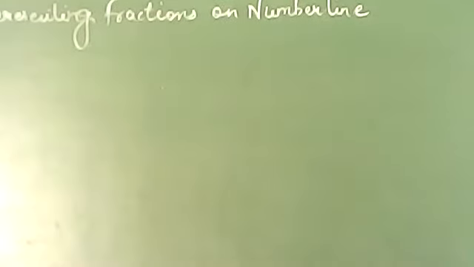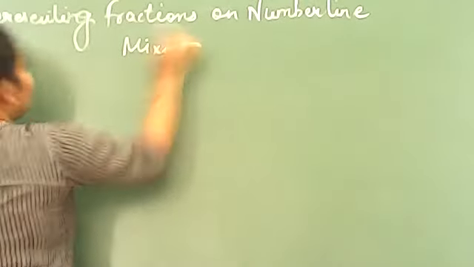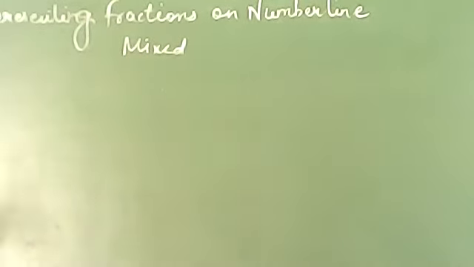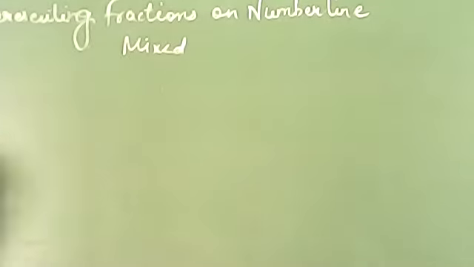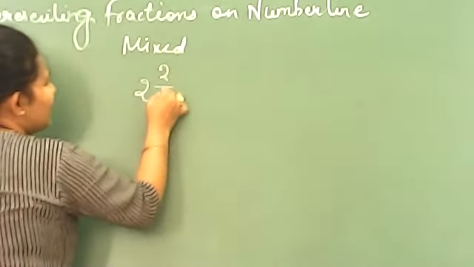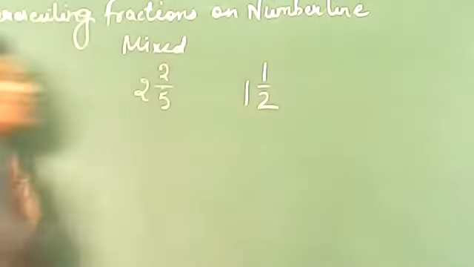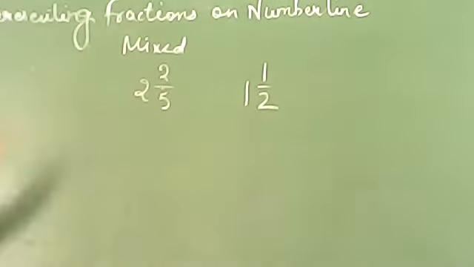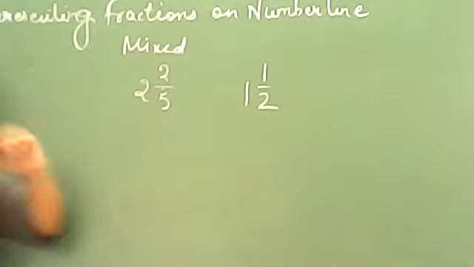Now students, we are doing the third one, that is mixed fractions. Mixed comes from improper only. So at any point of time, making mixed into improper and improper into mixed is the easiest part. Right now we are doing the mixed one. Suppose you have a question like 2 whole 2 by 5, or maybe another example, 1 whole 1 by 2. Just understand the process, how easy it is. Both are mixed. You know how to convert mixed to improper.